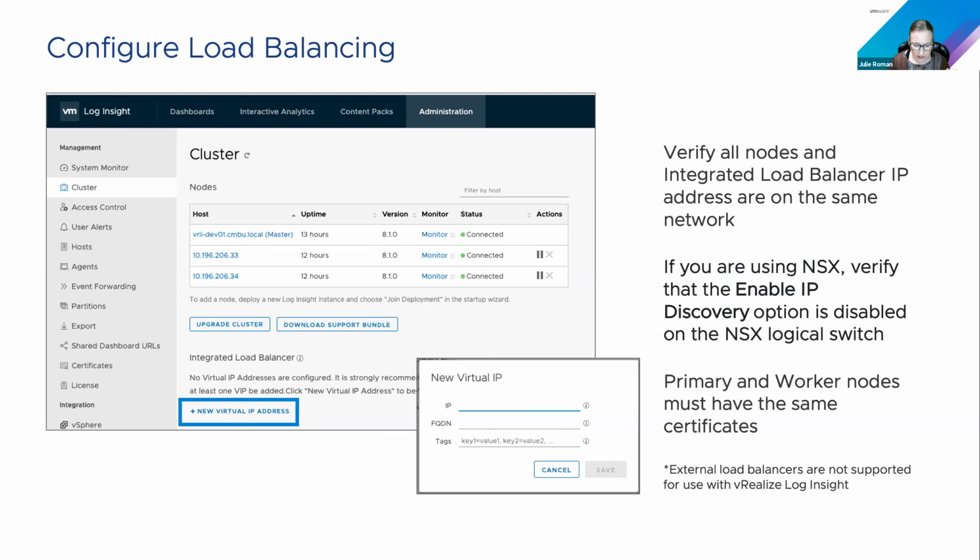And do you recommend to deploy these nodes on a vSAN cluster data store? Yeah, that's perfectly fine. If you're doing a vSAN data store, you can choose the option for no redundancy, or you can choose redundancy, because the one thing with Log Insight is, if you lose a node, you lose the data on that node because the data is not redundant. So for performance reasons, you might want to have it set so that there is no redundancy on vSAN. But if you're concerned about failure, then we would want redundancy. But understand that it's going to take up a lot more space, but we fully support it. And that's actually what we use in our demo environment.